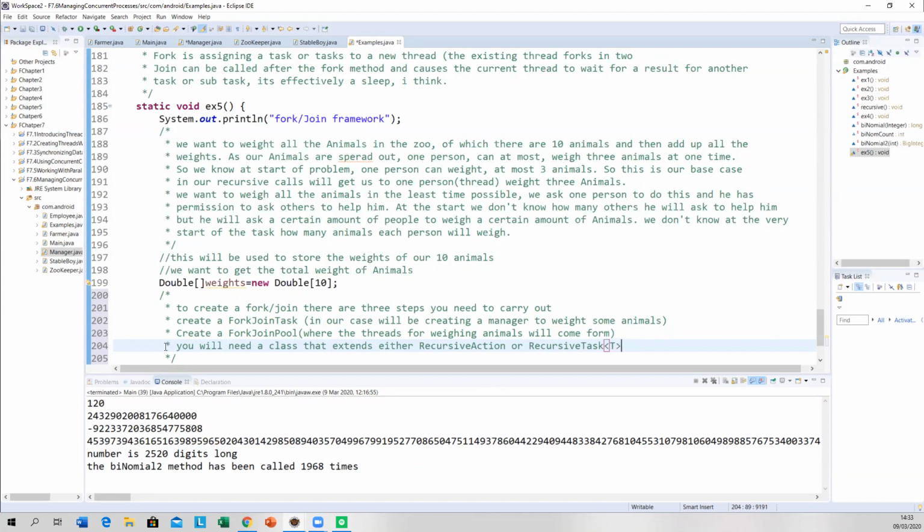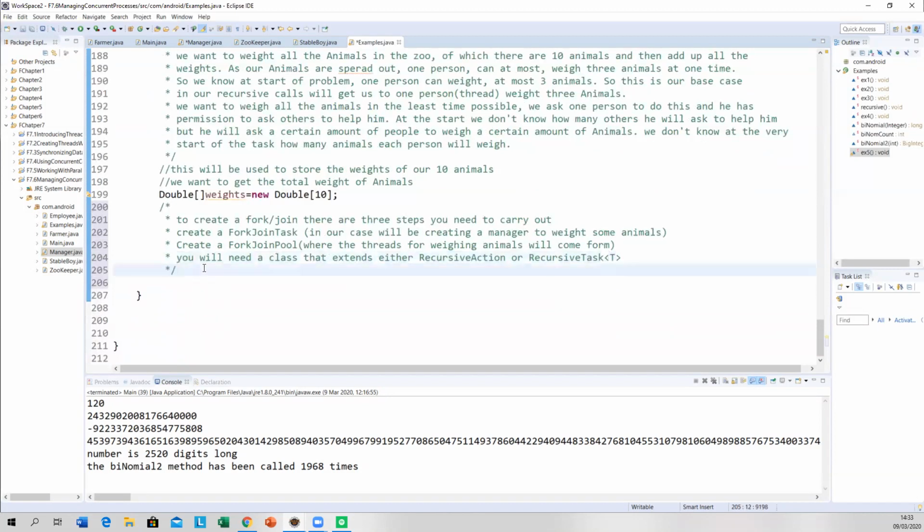So we are going to create a fork join task.